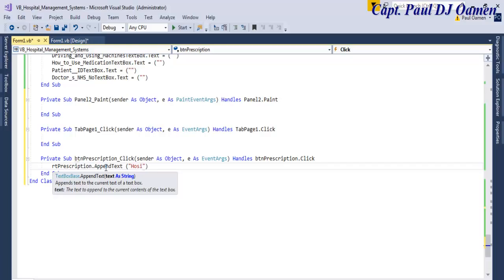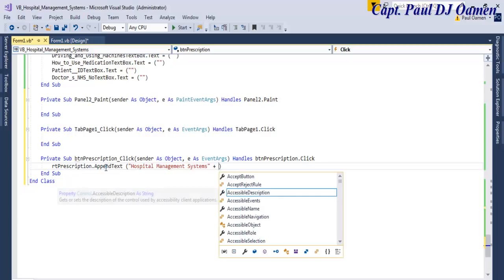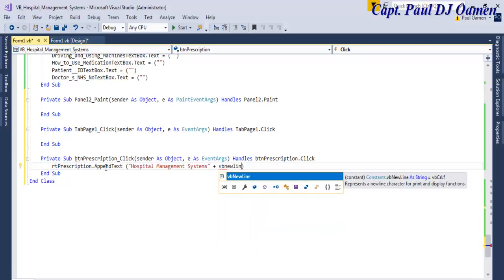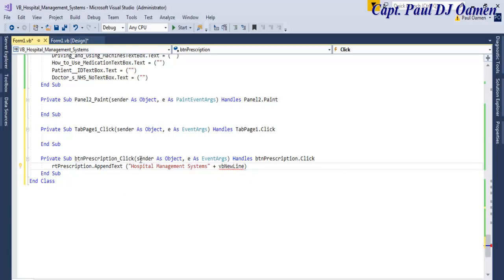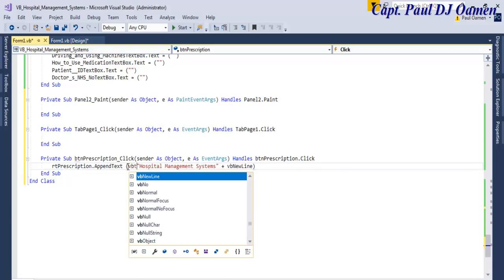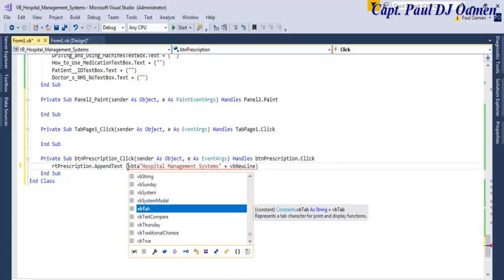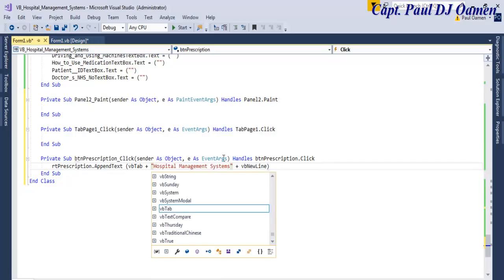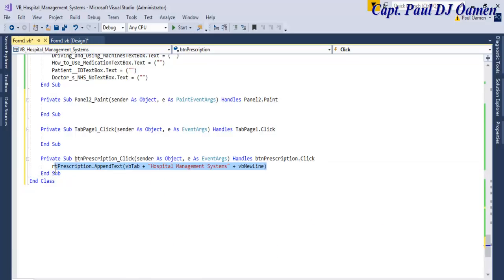Hospital management systems. Let's say plus VB new line. So that will create another line for me. Let's get this centered. VB tab plus, I think that will be right. Let's copy this,